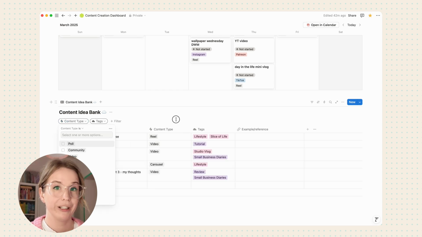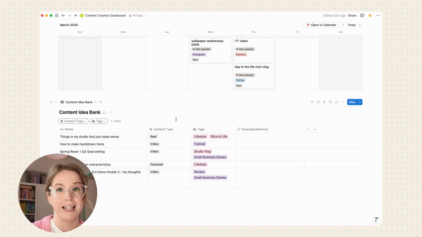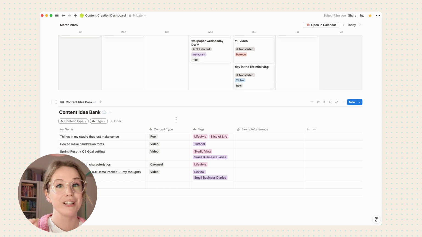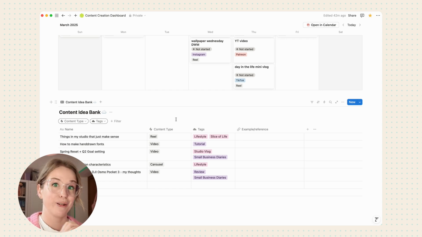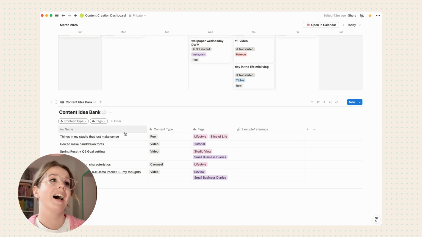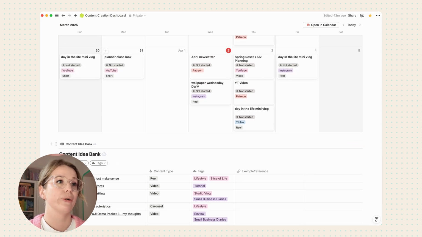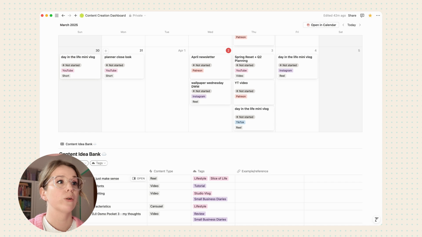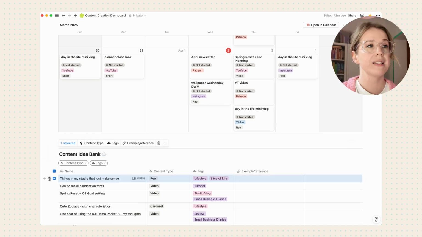The final really helpful thing about the content idea bank is that it isn't something that just sits here as a list of ideas. It's very usable, not just because you can filter it to find what you're looking for, but because you can actually drag and drop your ideas into your content planner. So let's just say I have decided that this week I want to create a reel of things that just make sense in my studio. I can grab this little idea here by the 6 dots on the left-hand side, and I can drag it